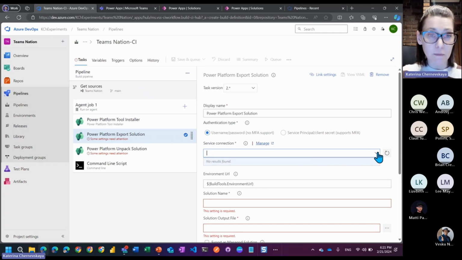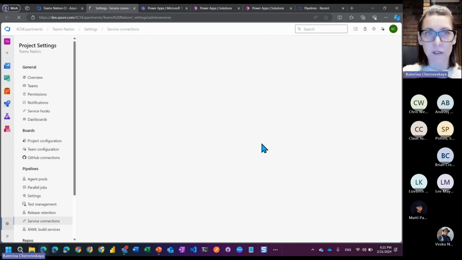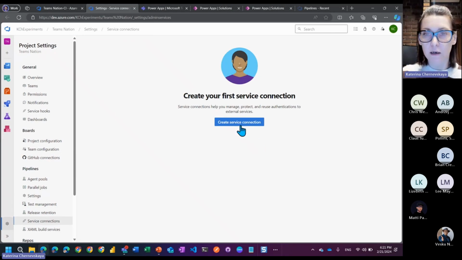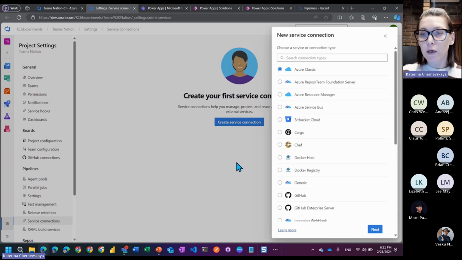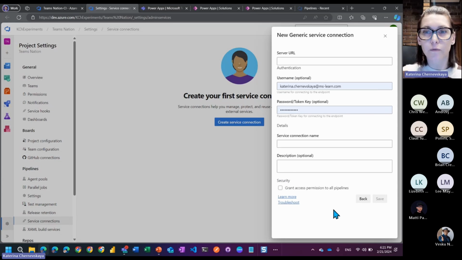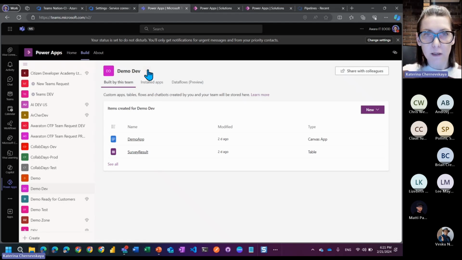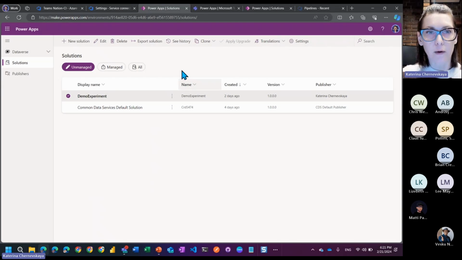We don't have any service connection yet because this project is completely new. That's why we need to create a new one. So click manage. We don't have anything here. Create service connection. Because we are going to use username and password, we need to select the generic type. Click next. And here we need to provide information. Server URL, this is the URL for our Dataverse for Teams environment. How to find it? Let's go to our environment,